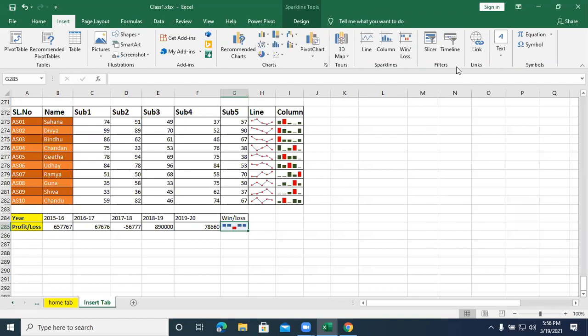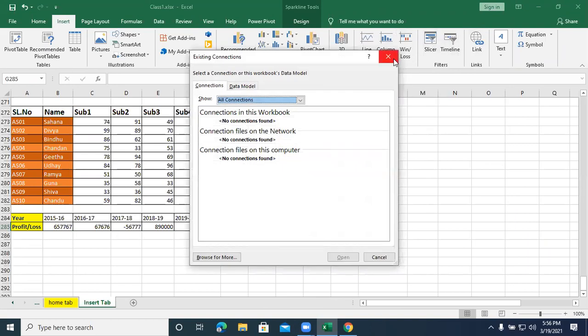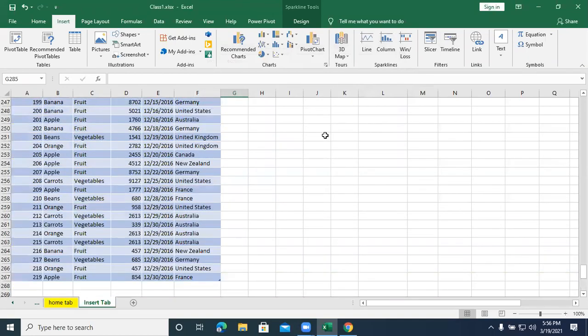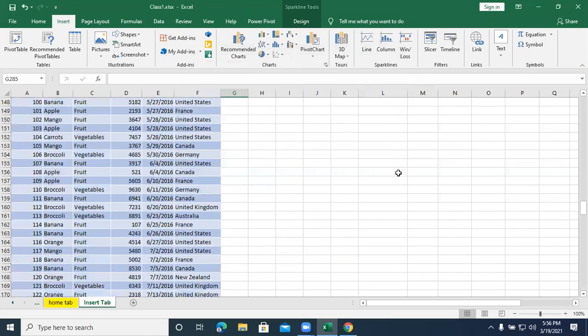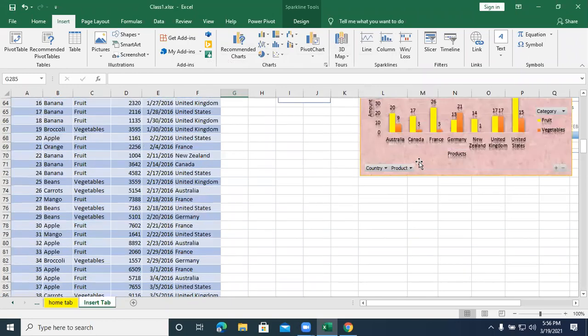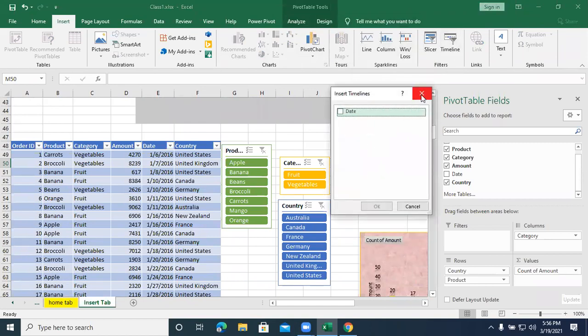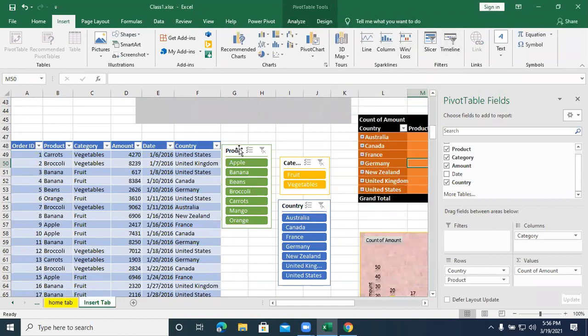So we completed the filters, the slicer and timeline, which only support a pivot table. See, if I simply click on the slicer, it shows a connection error. If I click timeline, it shows a connection error. So that will not work. You have to select the pivot table, then only it works. If I select this existing pivot table and then select the slicer, it shows. Then I select the timeline, it shows, because it works based on the pivot table.